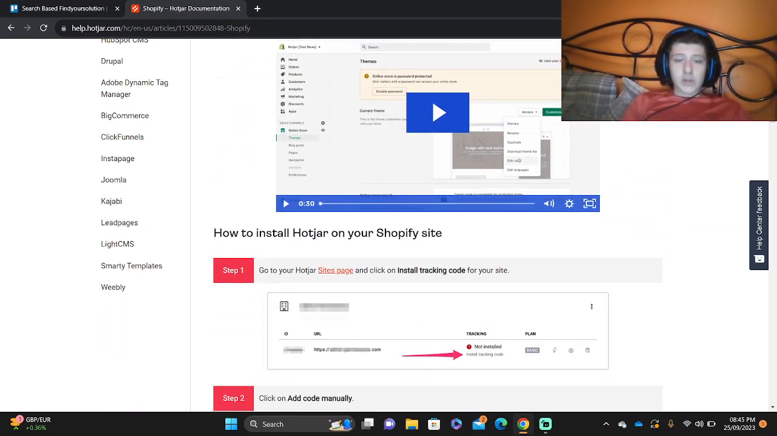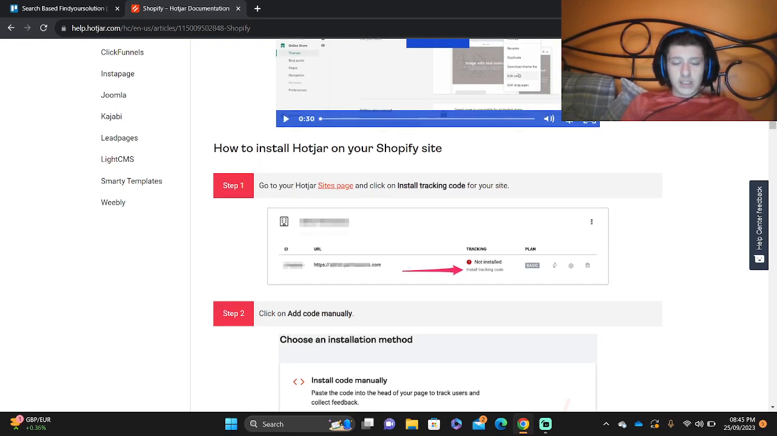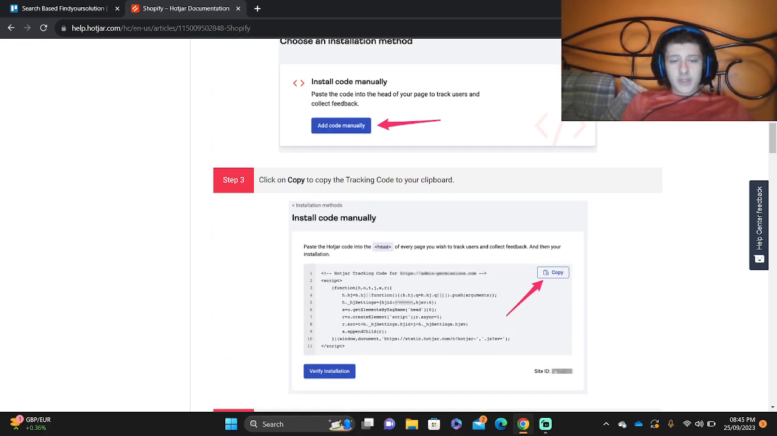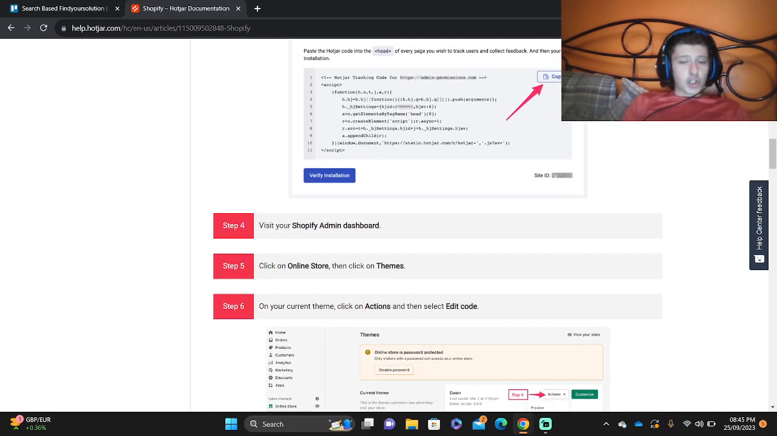Now the first step is to install Hotjar on your Shopify site. Go to your Hotjar sites page and click on the installing tracking code. Click on Add Code Manually and click on Copy to copy the tracking code to your clipboard. So you copy the clipboard and visit your Shopify admin